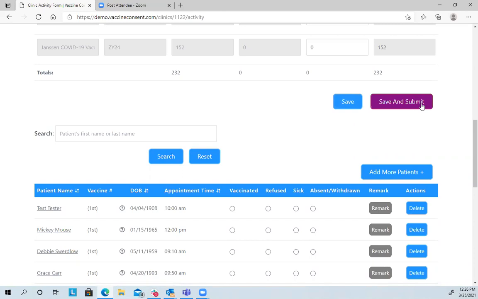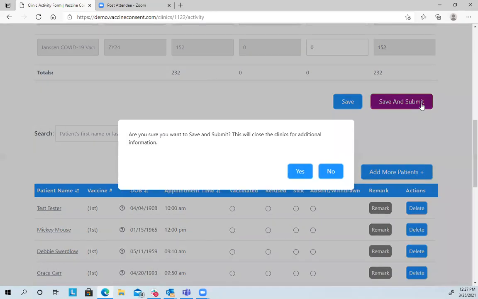Save and submit does 4 things. It sends those notifications to those who are vaccinated, saves it back to PrepMod. It also closes the clinic and it automatically sends the information over to the IIS. PrepMod is really set up as an enterprise solution where the individual puts in their information, everything from their demographics, health, screening, through consent, so that you as staff just come in and work here. And then by hitting save and submit, it automatically goes to the IIS.